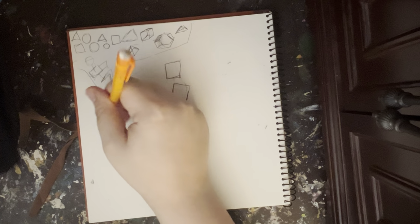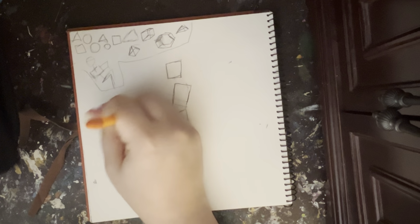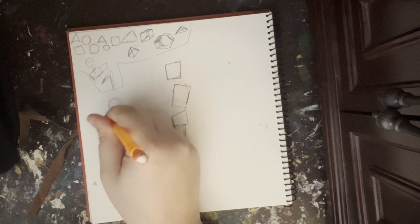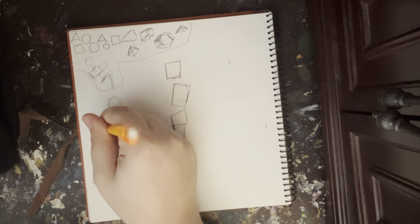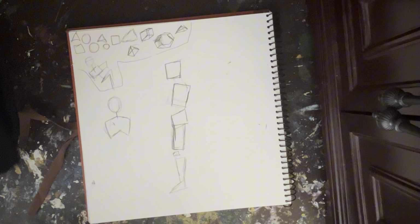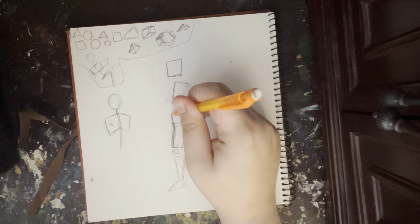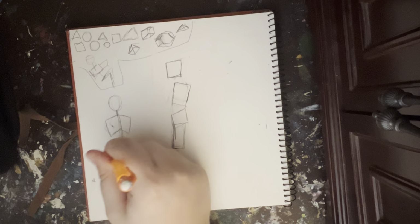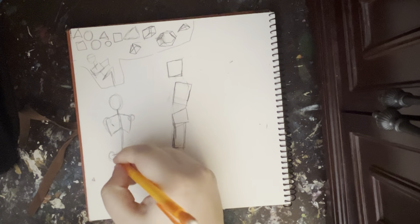So first we start with our head. Just going to do a tiny little head. Then neck bone. That's way too long though. And we draw this. And we do our rib cage. Okay. Yeah, I do much prefer that look then. Again, this is side profile, so it looks weird, but this makes more sense to me. We have our pelvic bone, which I'm just gonna keep straight line. Hip, hip, shoulder, shoulder, then leg,